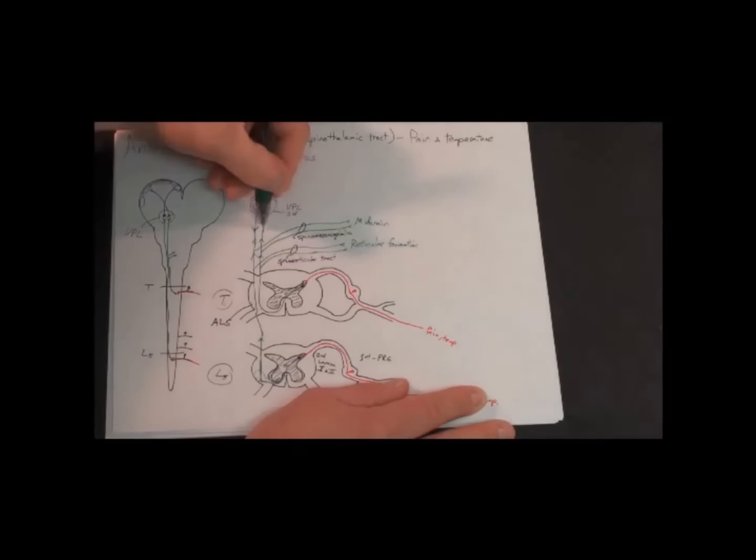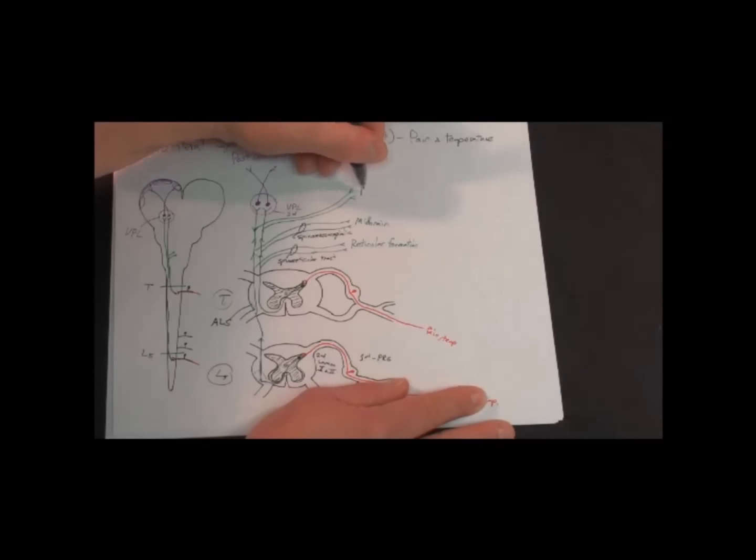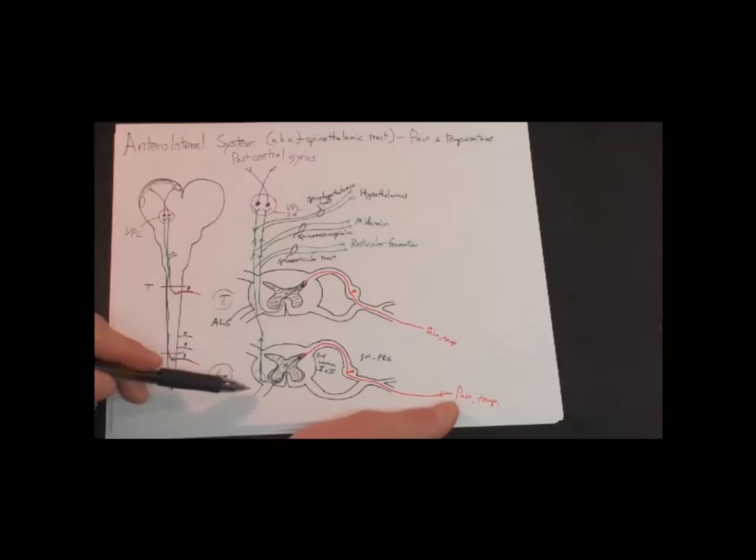And last but not least, just before it gets to the thalamus, some of these guys peel off and head to the region just under the thalamus, the hypothalamus. Messing up my color scheme a little, but we'll live with it. And no big surprise, spinohypothalamic tract. So the anterolateral system encompasses the